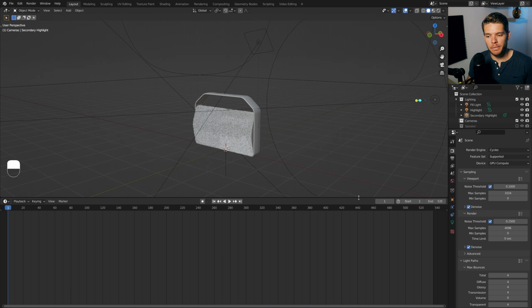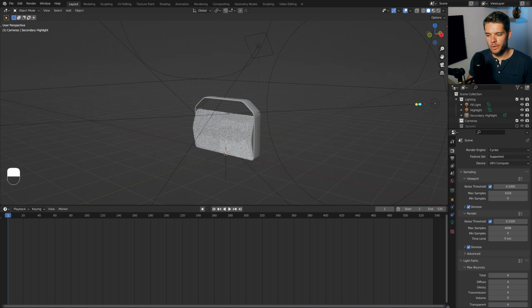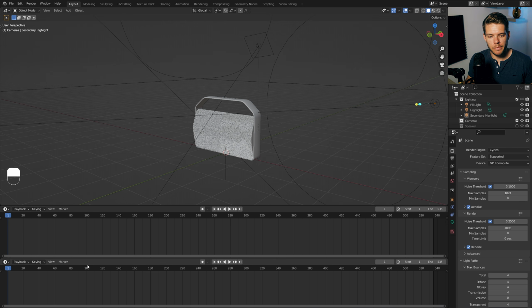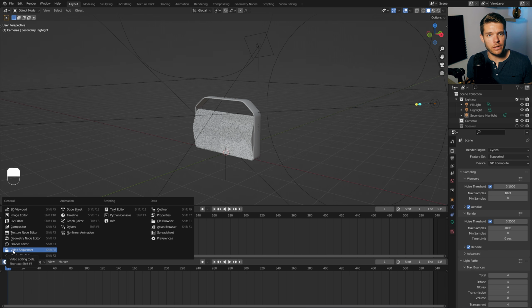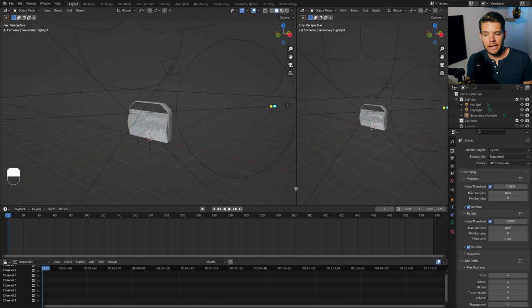Before doing anything else though, let's create a more functional workspace, which is usually a good thing to do in Blender. So I'm gonna drag up this timeline window here, make it nice and big like this one, and just add in another one at the bottom there. Now I'm gonna set this one to be the video sequencer,